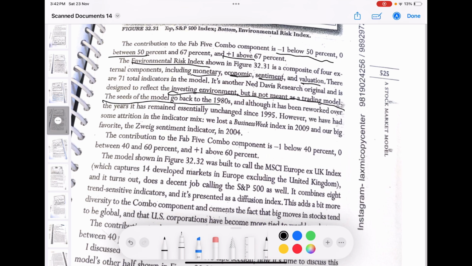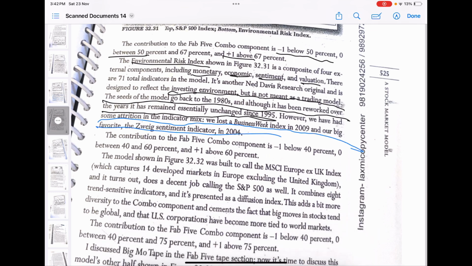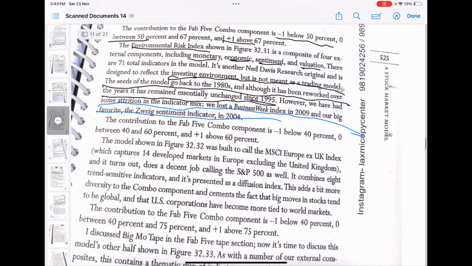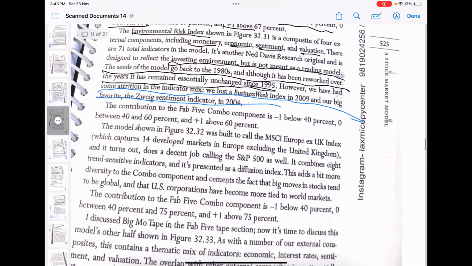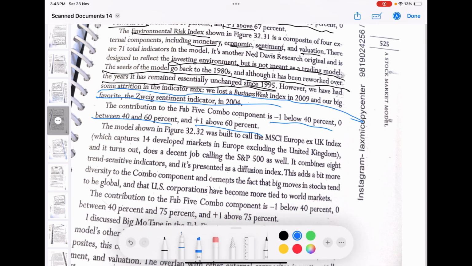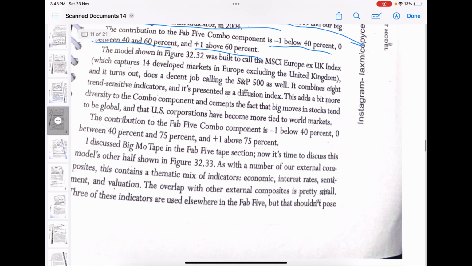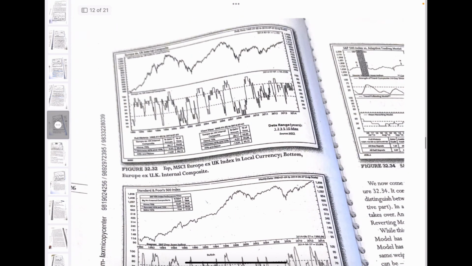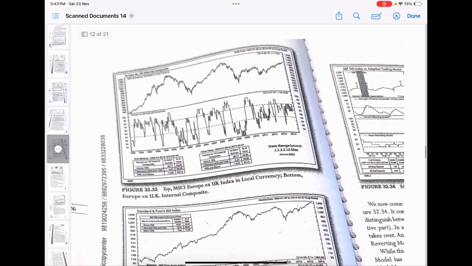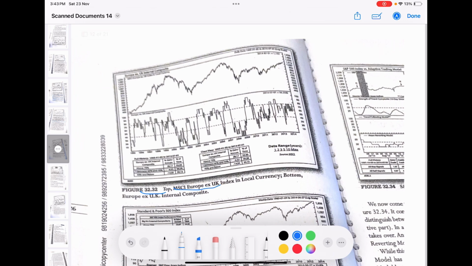The seeds of the model go back to 1980, and although it has been reworked over the years, it has remained essentially unchanged since 1995. However, we had some attrition in the indicators. We lost a Business Week index and a big favorite, the sentiment indicator. The contribution to the Fab 5 model by the environmental risk factor is -1 below 40%, 0 between 40 and 60, and +1 above 60%. Figure 32.32. This is figure 32.32. This talks about the